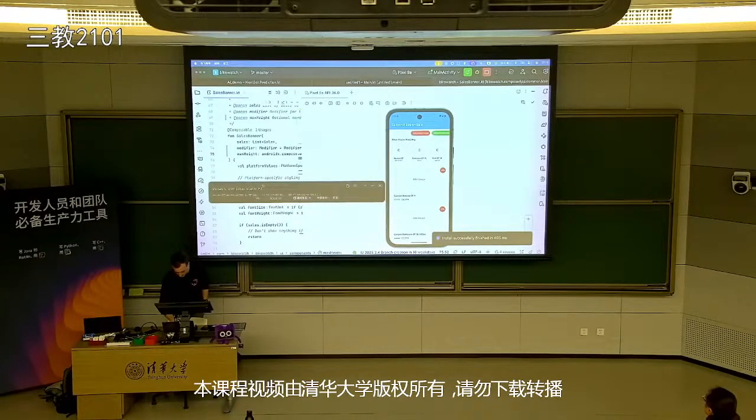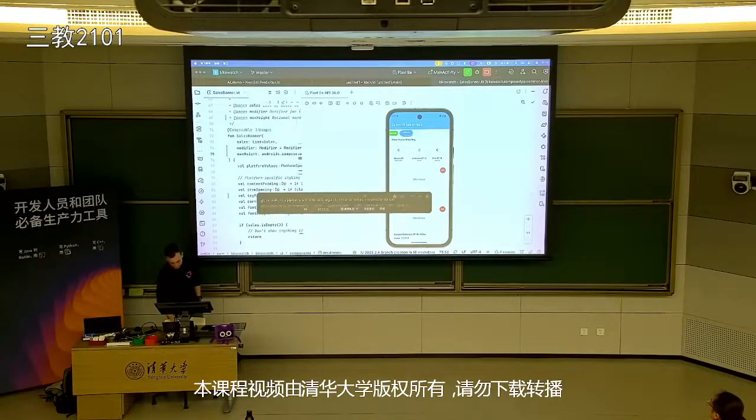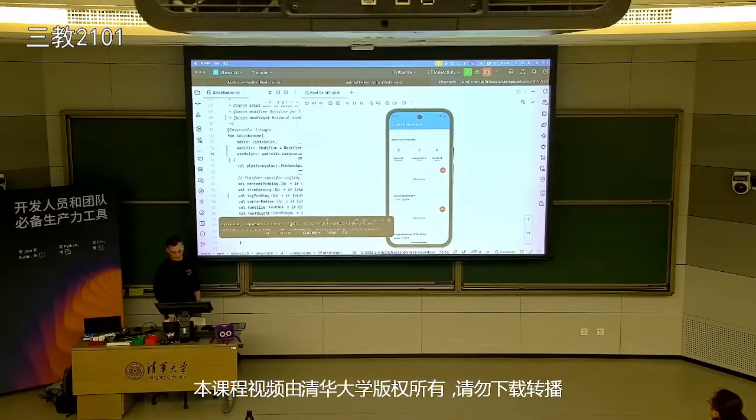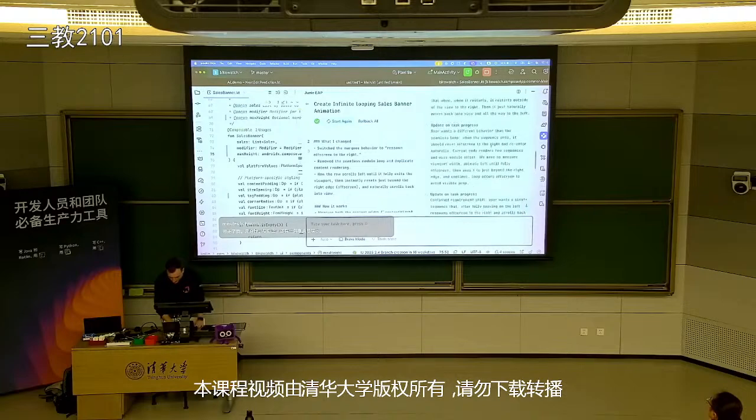and it is like this. So now it's moving from left to right, and when it gets out, it appears on the left again. So yeah, this is what I wanted to do. Took me a couple of minutes. And actually, one more thing I want to show is how Junie operates, which is